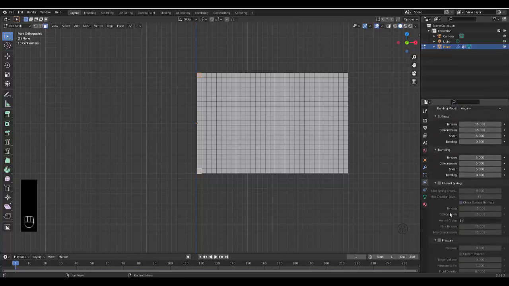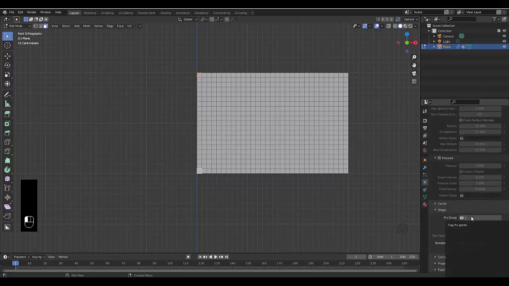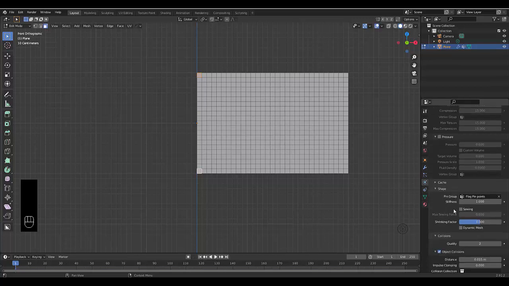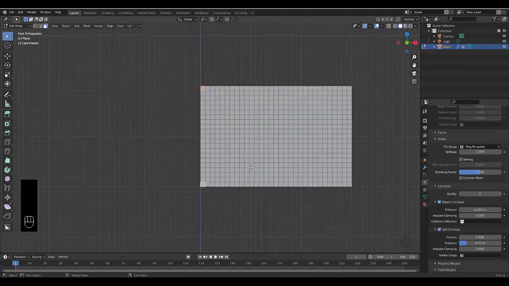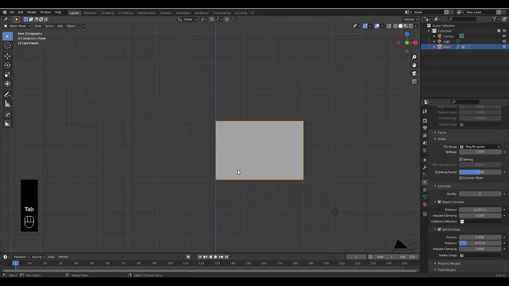Now that you've got that, we're going to scroll down to Shape and select Flag Pinpoints. And I'm quite happy with that. The other thing you want to do is go to Collision, turn on Self Collision for a slightly better result, and perhaps change this distance to 0.02 for a slightly better result. Now, when we press Tab to go into object mode and we press Spacebar,